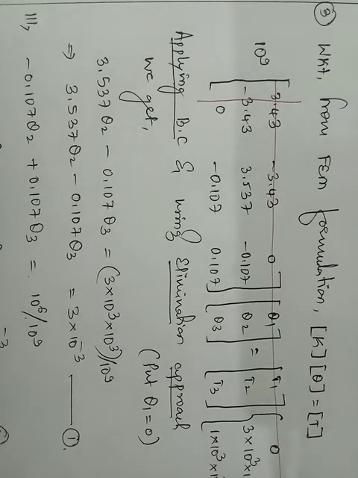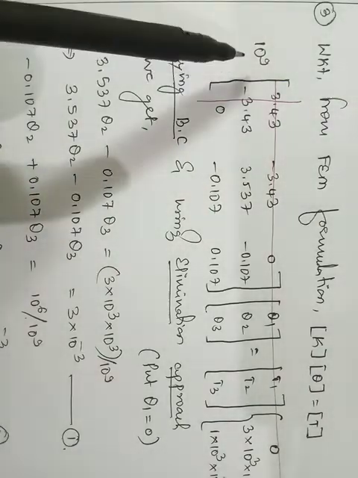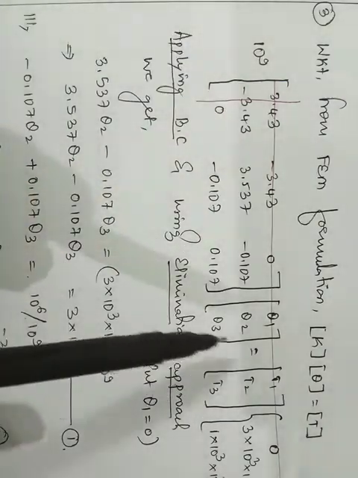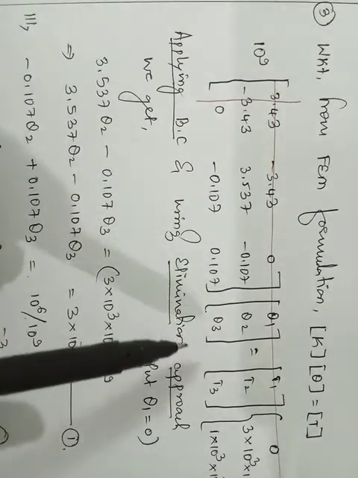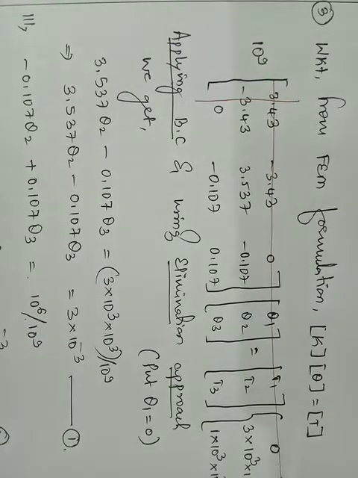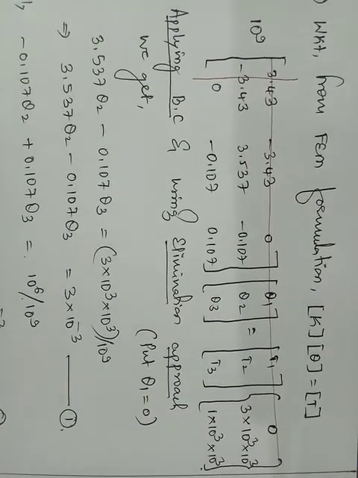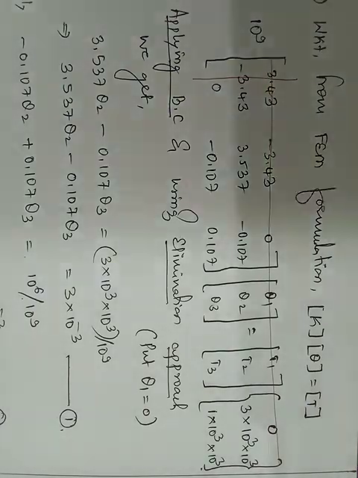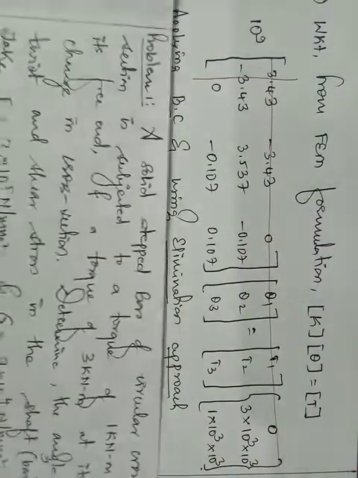because we are going to apply a twisting moment, so the torque vector. Now rewriting this global stiffness matrix, along with that the theta matrix is theta 1, theta 2, theta 3, and T1, T2, T3. It is very important that you write the values of T1, T2, T3 correctly. Now T1 value is 0. Why T1 value is 0, I will let you know.